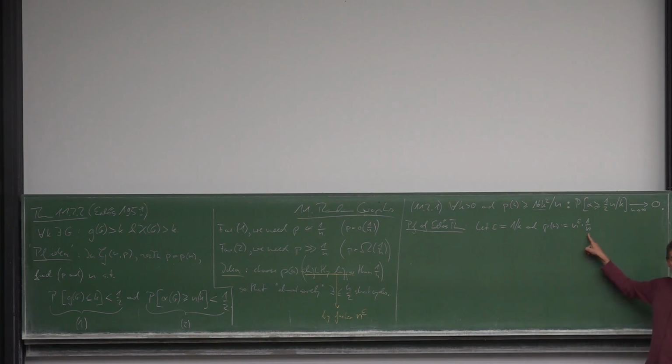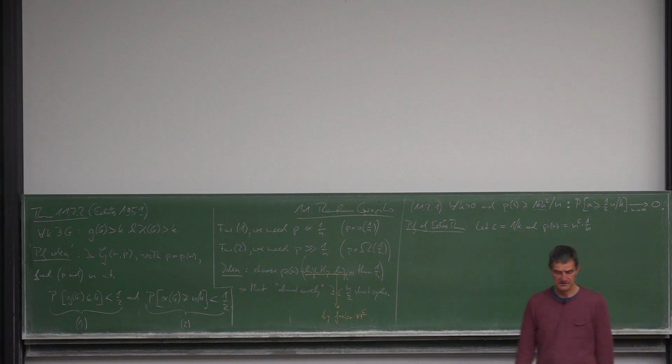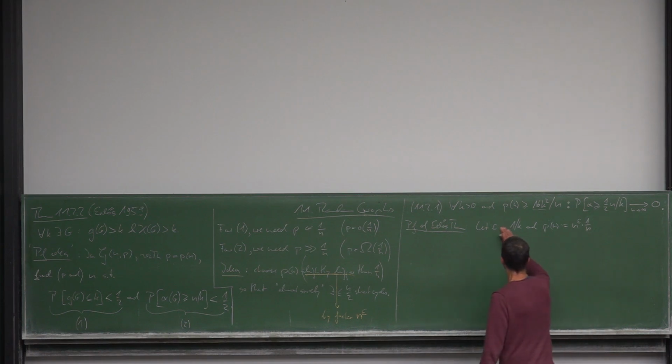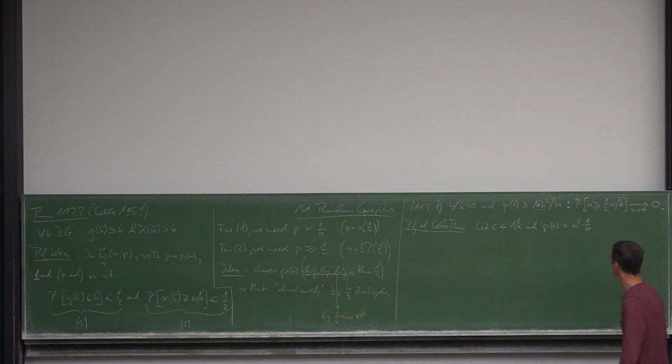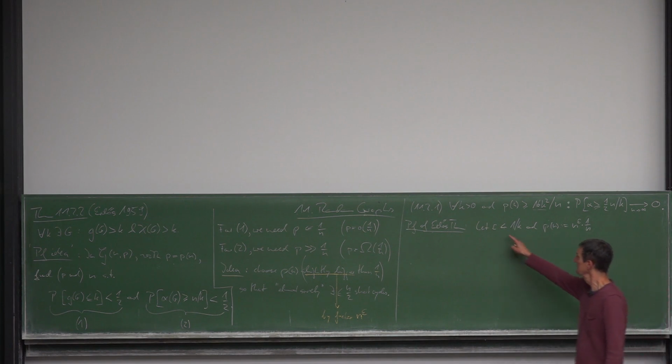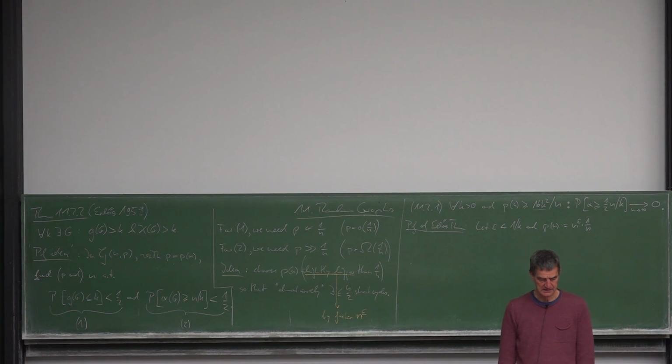I'm writing it like this rather than n to the epsilon minus 1, so as not to hide the reference function here, which is 1 over n. And we're bigger than that by n to the epsilon. So that's how we're choosing k, and p, so let epsilon be smaller than 1 over k, just for good measure. But of course, epsilon, as all epsilons, is always positive. Okay, so now